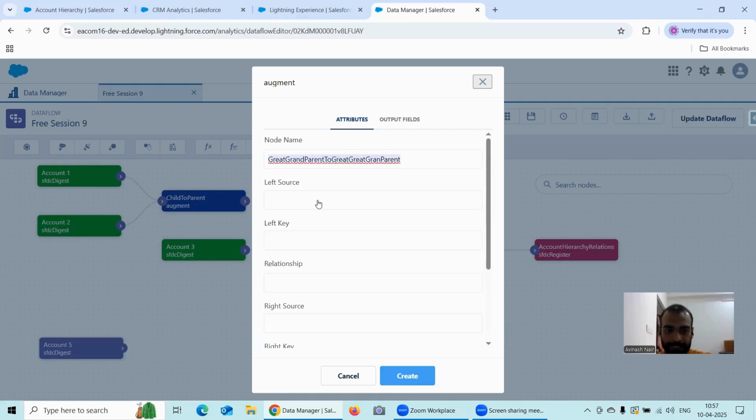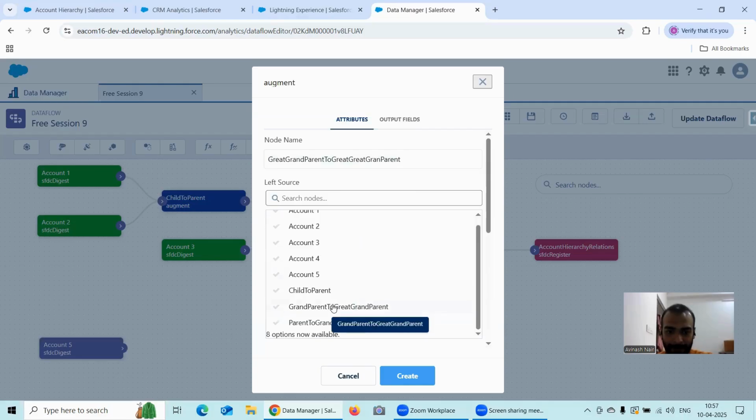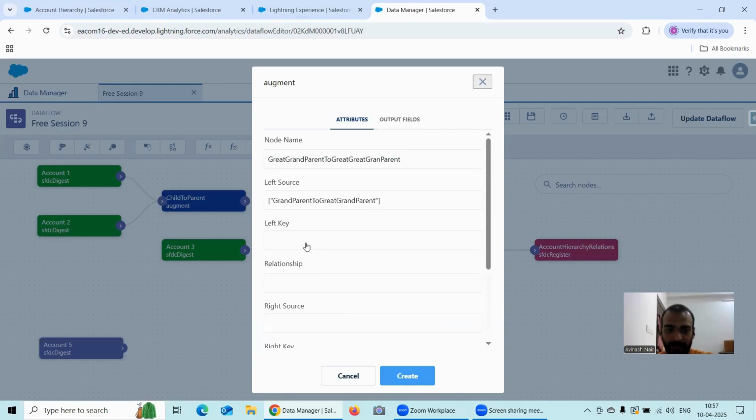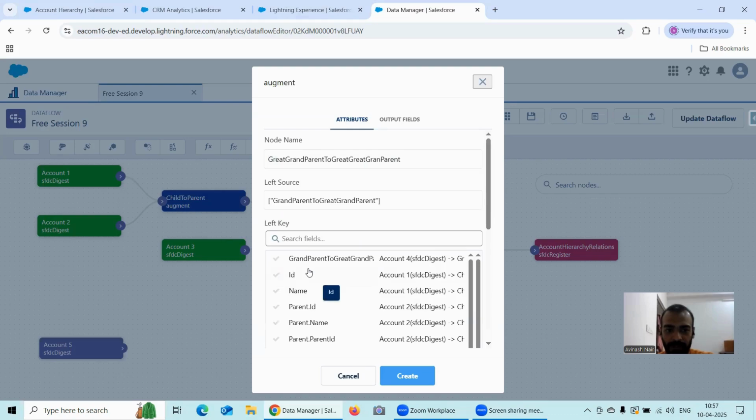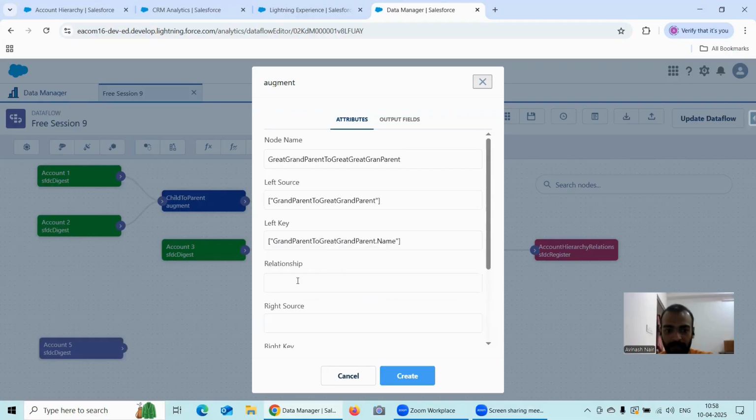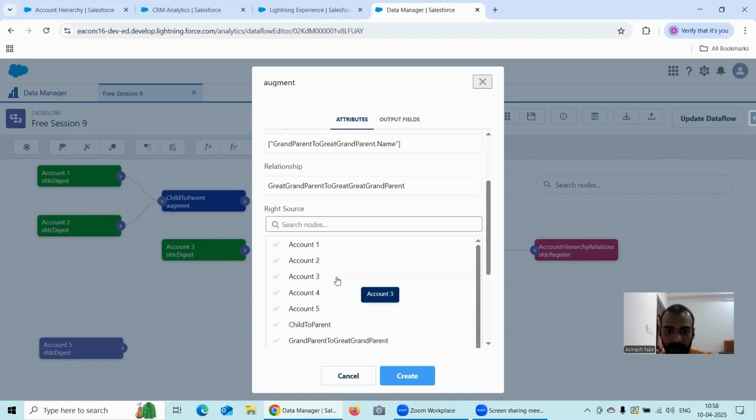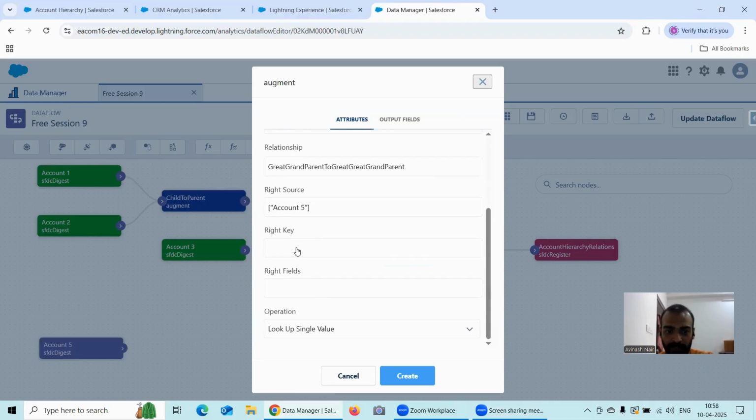Okay. My left source will be grandparent to great grandparent. Here, of course, it will be. Okay, I think I missed that part. I have to enable the parent ID relationship. Let me write over here. And this will be grand. And right source, this will be account 5 of course, and right key will be my